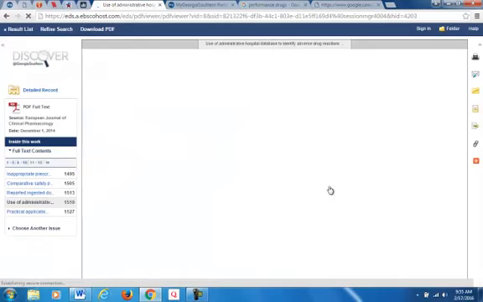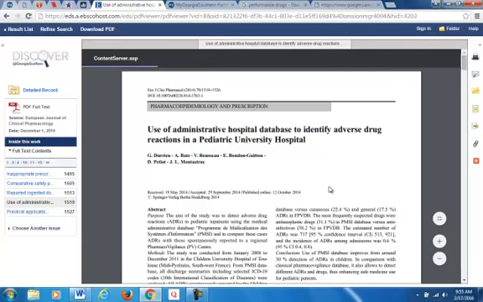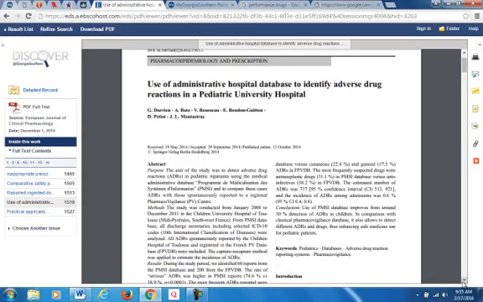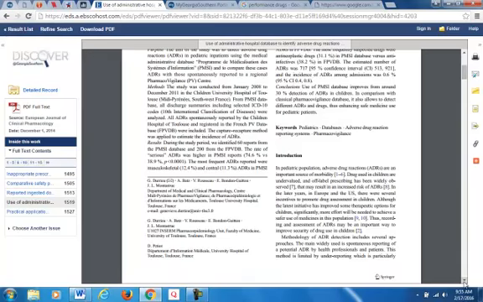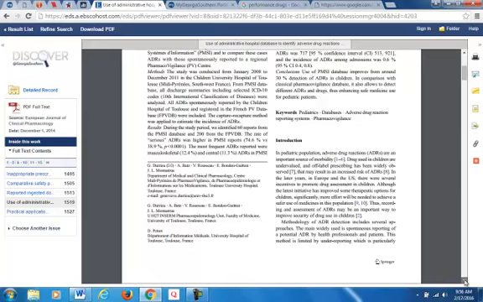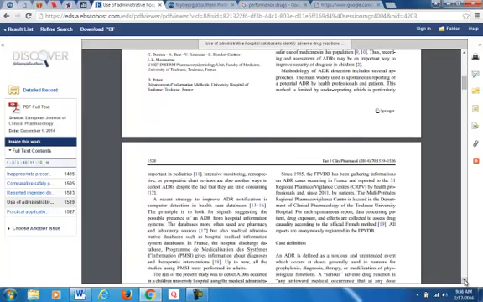I'm going to another article. Let's select these points here. And this article is talking about children and the medical effects.